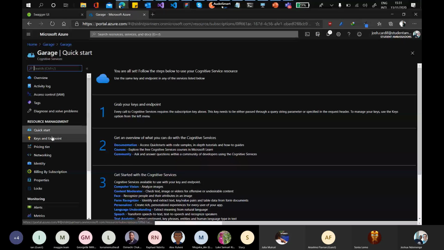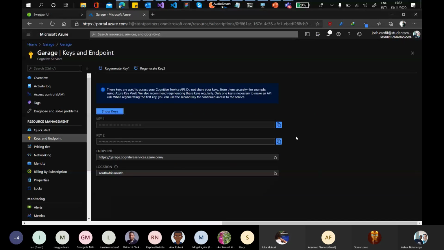I guess as the services kept building up, you ended up dealing with so many keys, so that's the reason they replaced it with only one key. You have this one key which you can use to access all the